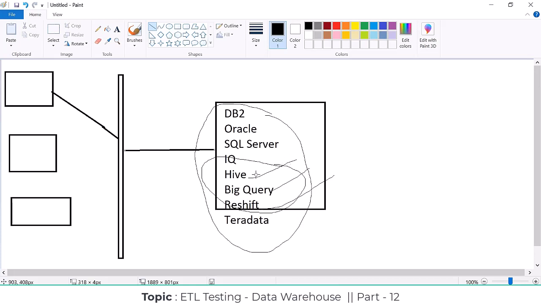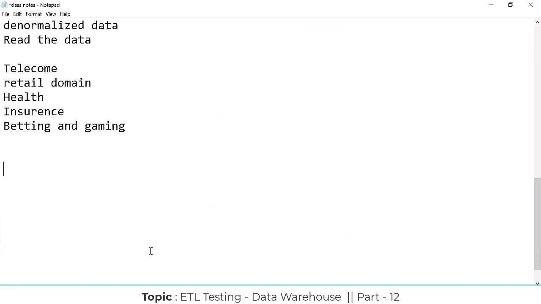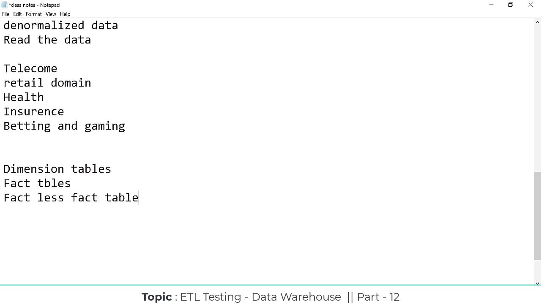Those tables are categorized into three ways: dimension tables, fact tables, and factless fact tables. So the data warehousing tables are